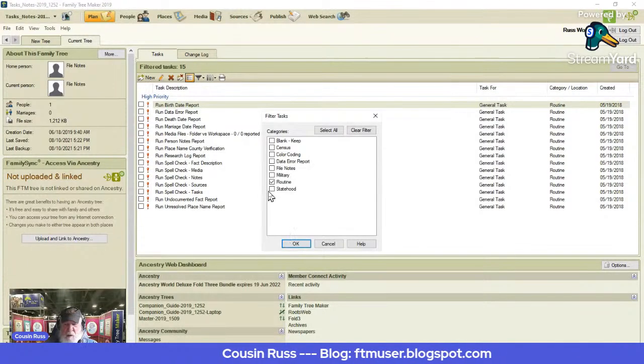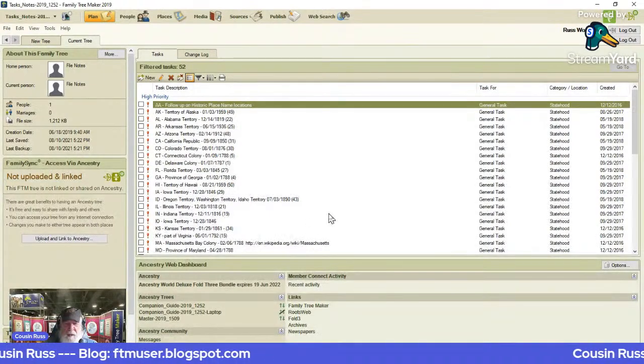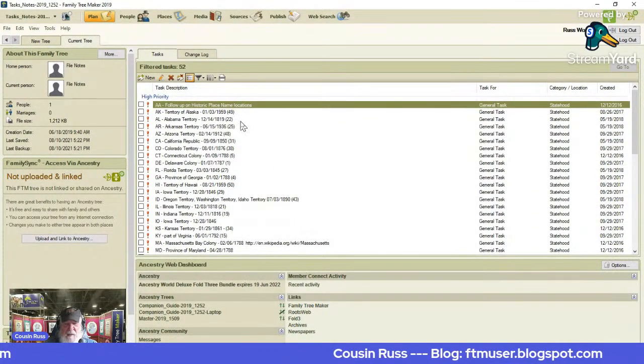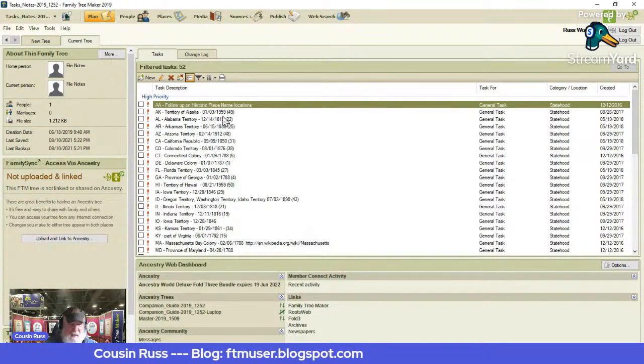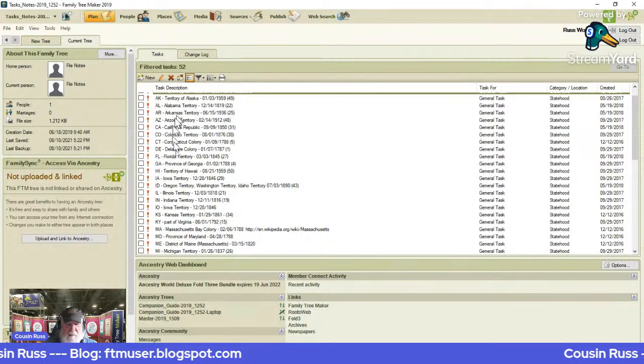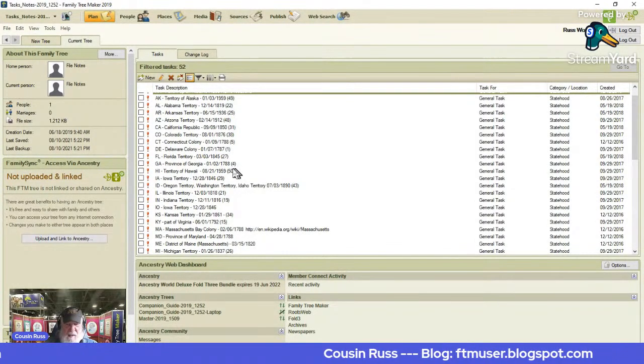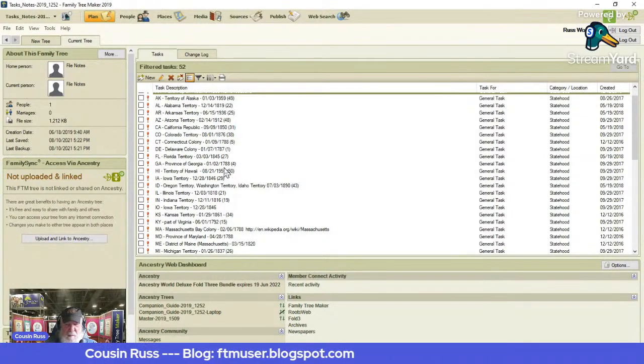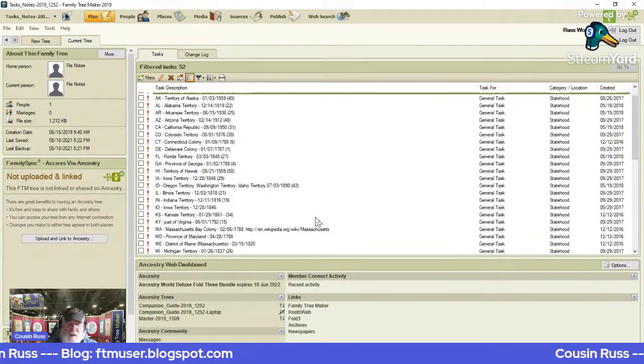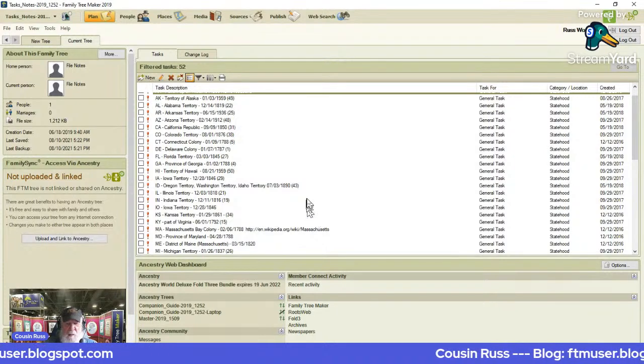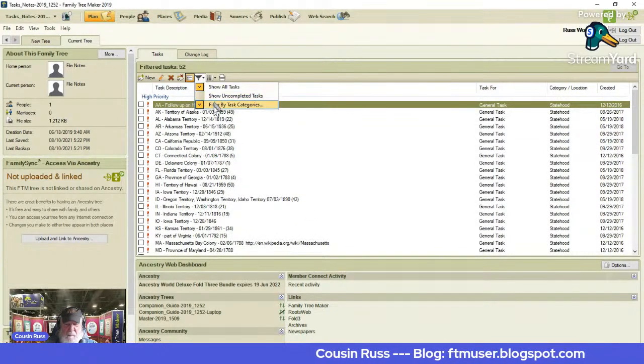So I'm going to do another one, and I'm going to bring up statehood. I took all states and have a date of when they became a state. So it's in alphabetical order, but the date that we were made a state is in the description. Just a quick reminder, if I don't remember, I always have it in my database. So